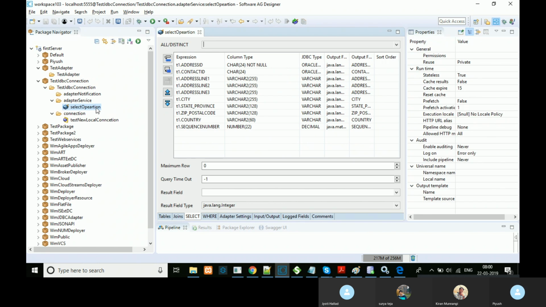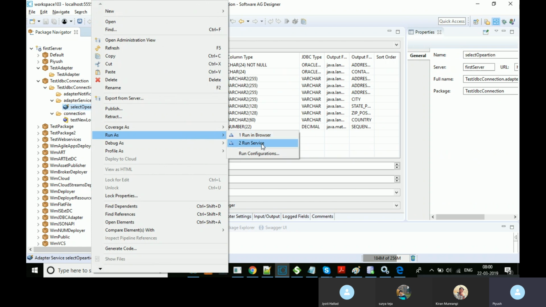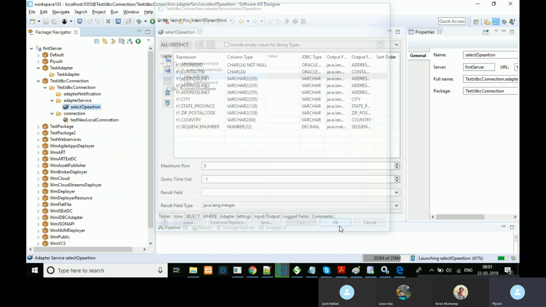Okay, now to run this service, just like how we run any flow service, we have to run this. We'll be given options like database username, password, and connection name. These are the input parameters of the service, which are not really required to be passed. The reason why they have been given, I will tell you later. So once you click on OK,